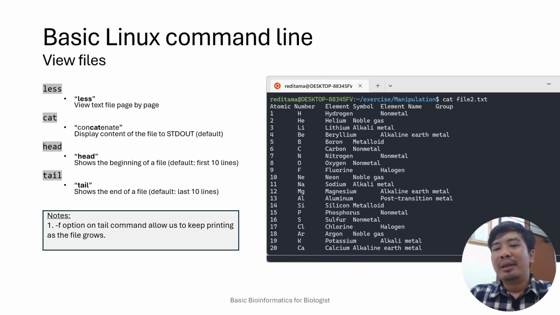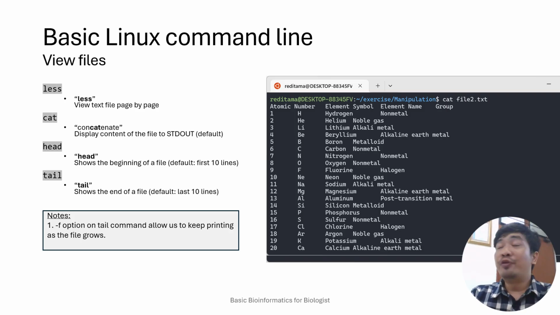But using cat, it will print out all the content of the file into the standard output. Don't do cat if you have a large file. It will be time consuming, because your display will try to write everything at one time. So use cat only for small files.